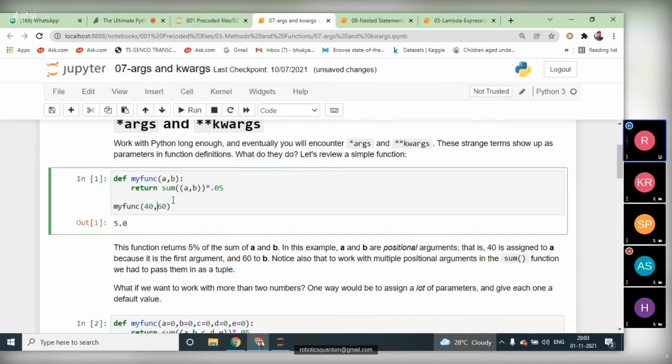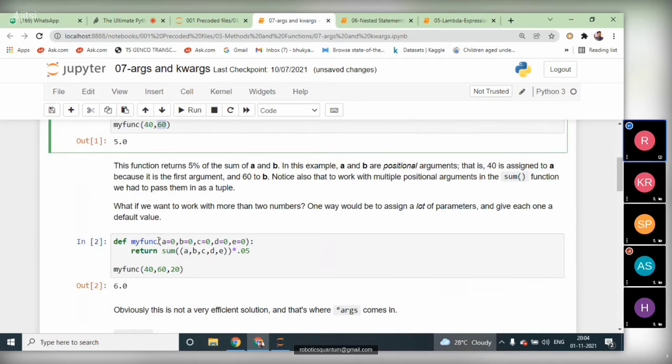We are returning the sum, using the inbuilt sum function: 40 plus 60 is 100. Then 100 into 0.05 returns 5.0. See how we are returning 5% of the total value. We have the two values A and B.